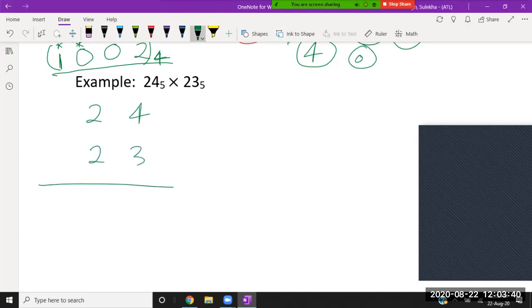Some of you have already solved this question. Good. So when you are multiplying 24 by 23, you need to follow the same steps. The first thing is you need to multiply this 3 with this 4. When I multiply this 3 with 4, I'm getting 12, and my base is 5. So with this 12, how many pairs of 5 can we make? We can make 2 pairs of 5, and after making 2 pairs of 5, we are ending up with the number 2.